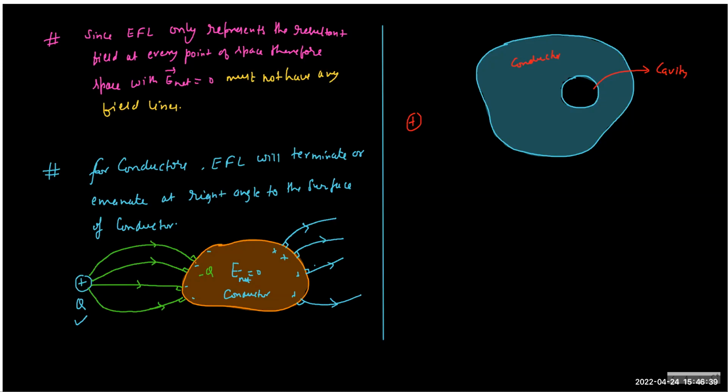But imagine a situation like this. What if I put a charge inside the cavity? The moment you put a charge within the cavity, the electric field lines will start from the plus charge. But again, as we said, the field lines cannot go through the bulk. All the electric field will terminate on the surface of the cavity only. To do so, it will attract many electrons from all sides. So the wall of the cavity will be negatively charged, isn't it? Yes. And the field lines will terminate at right angles.